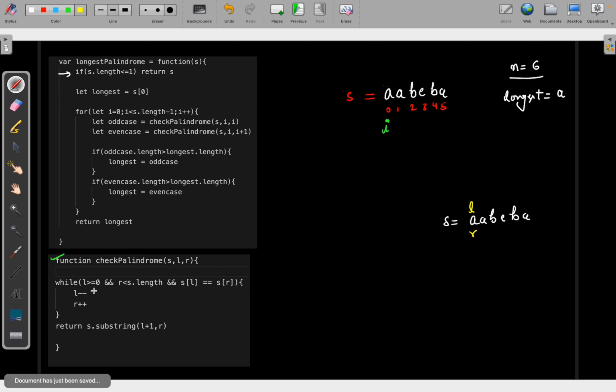Is L greater than or equal to 0? Yes. R is less than S dot length? Yes. And S of L is equal to S of R? Yes. L minus minus, I will do L here, R plus plus, R will be here, and again I will check. Is L greater than or equal to 0? No. Now it's less than 0. So what I will do, I will return S dot substring L plus 1 to R. So basically L plus 1 to R, so I will return A. So here in the odd case,